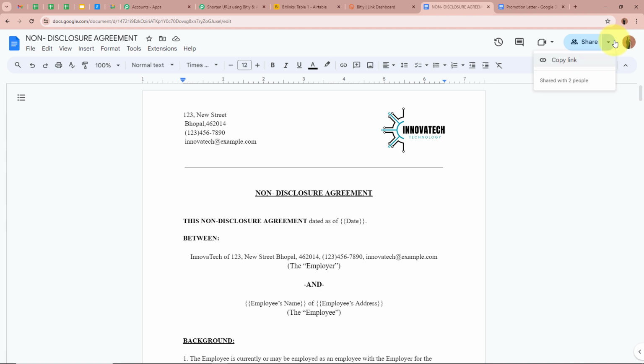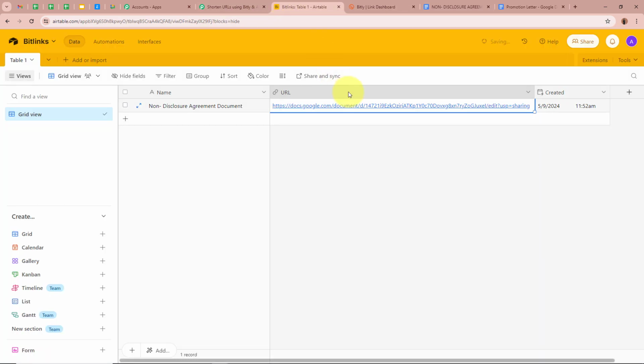So for the URL, I'm going to copy the link of this document right over here, and paste the link in this place of URL. So this is the URL of this document. As soon as you give the name and the URL, the created date and time is going to appear right over here. So as we have successfully created a record in our Airtable, after that we're going to